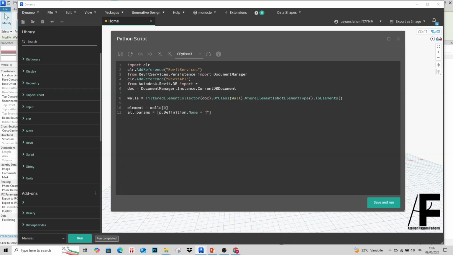Since we need a callings, we add a callings as a string, and we need our values as a string. So we say parameter dot as value string,